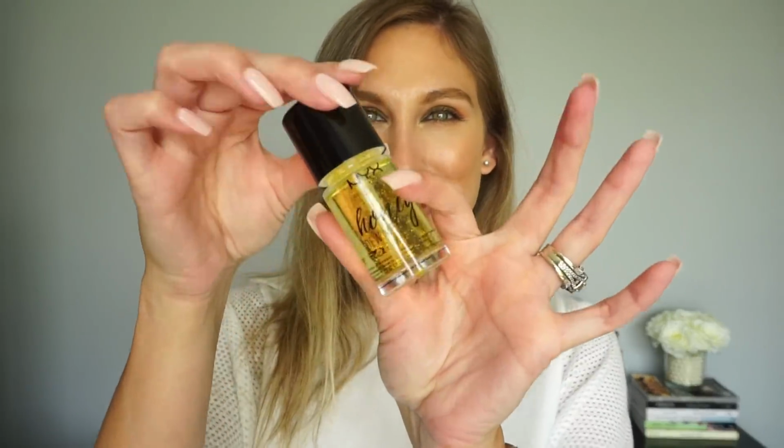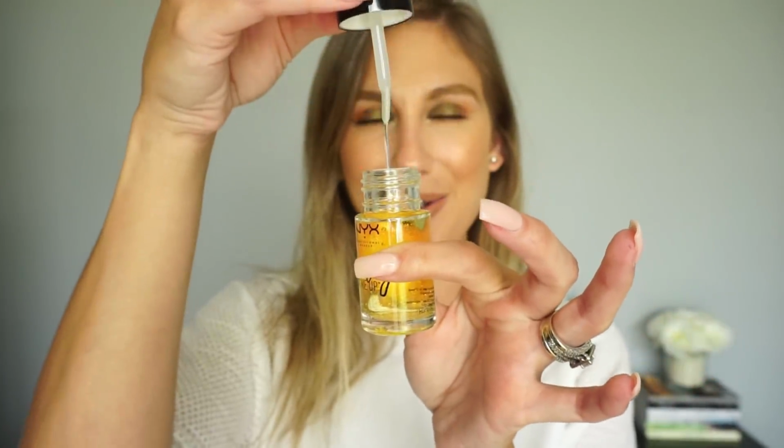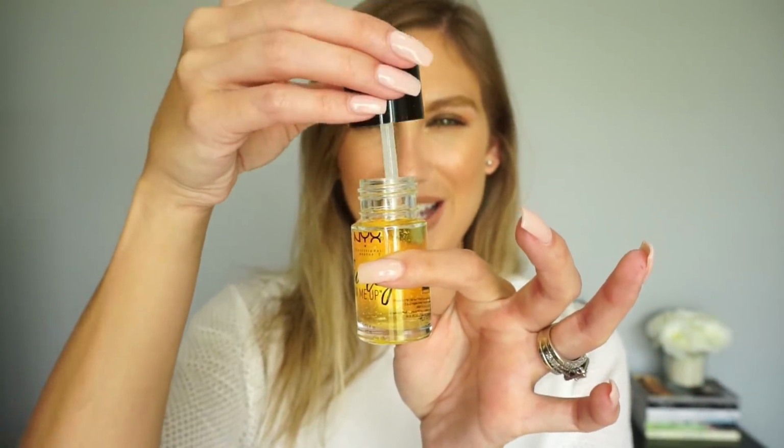I have seen this product before. I have seen people using this product, but I don't know if maybe it's just the way that it looks that was throwing me off, and I was like, how is this a serum or a primer in one? I'm not really sure. I got this from NYX in a really nice package, and once I started trying it,